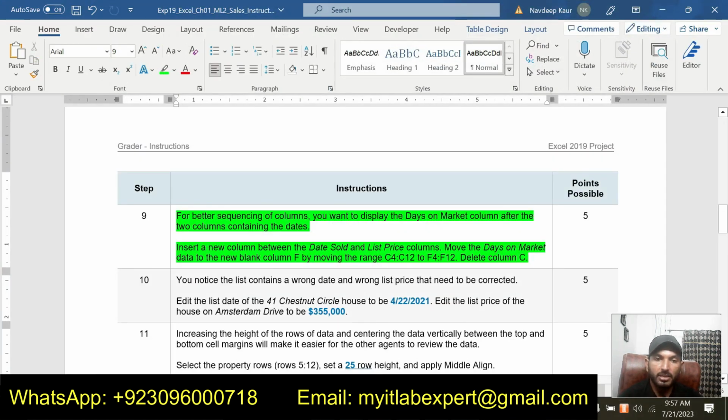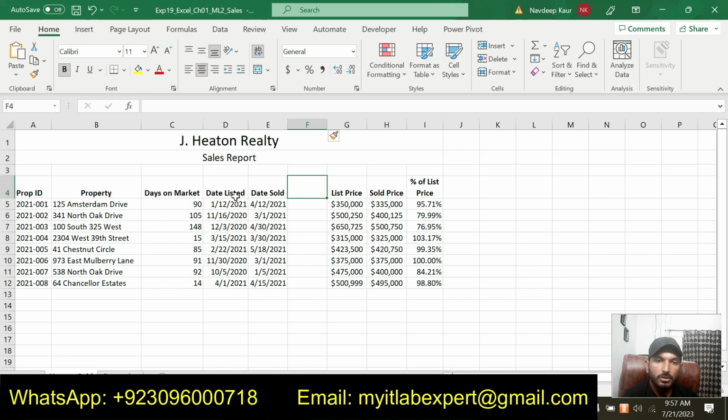Now move the days on the market data to the new blank column F by moving the range C4 up to C12 to F4 up to F12, and delete the column C. So now we will move the data in column C to column F. So I will simply select this and select cut.